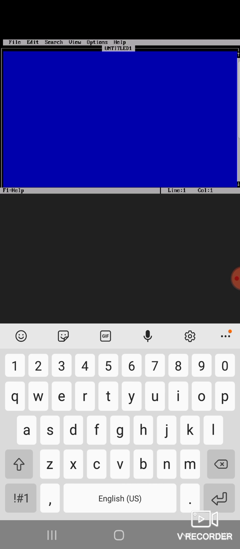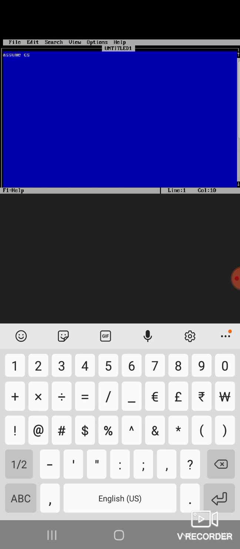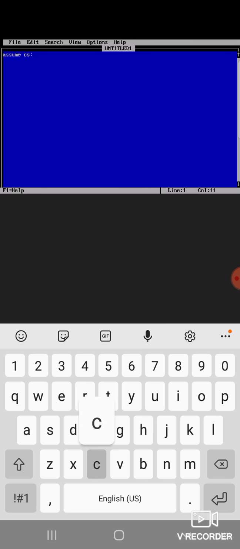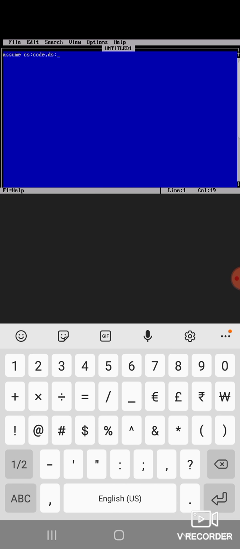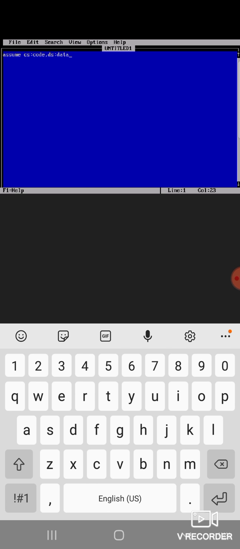So let me type a simple addition program. For that I need to write the commands. Assume CS code, comma, DS data. So the first command: you need to assume the code and data segments, and then you need to start